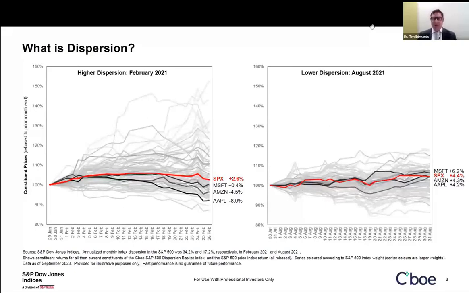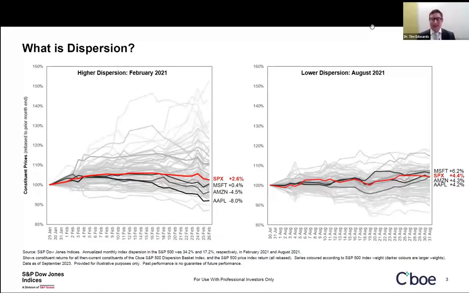So conceptually, dispersion is a risk measure, but one that is very different to the more familiar, perhaps, notion of market volatility. It is a very fundamental measure, and I use that both in the sense of it's absolutely core to understanding what's going on in the market, but also fundamental in the sense of stock fundamentals. Unlike market volatility, it is about the individual components as opposed to their combination. So the simplest description I can give you of dispersion is it is a measure of stock picking opportunity.